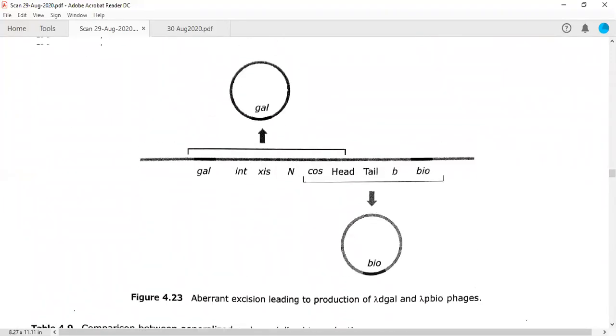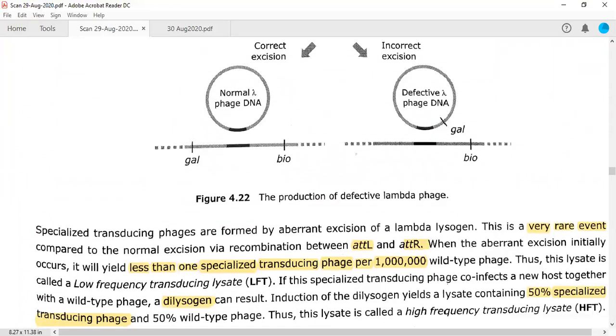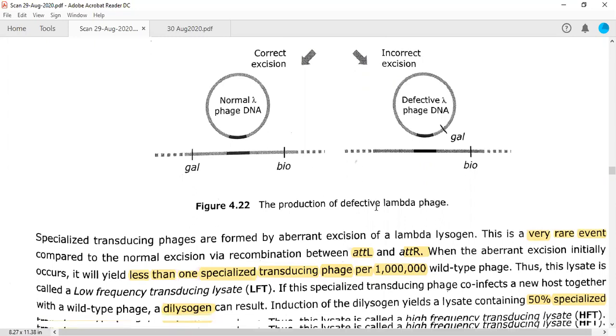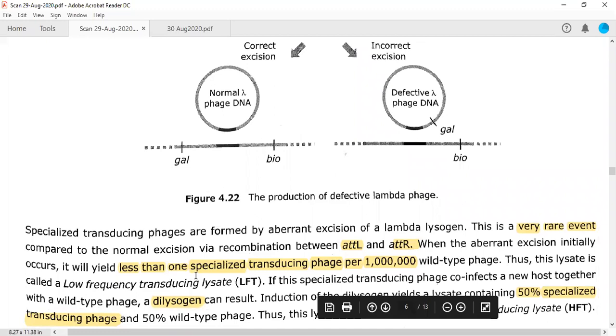Dilysogen is when, initially, you infect, or in nature there is an infection of E. coli. This lambda phage normally shows correct excision and is removed normally. But the chance of this aberrant event is less than 1 out of 10 lakh, that is 1 million. Therefore this is called low frequency lysate, because there is only a very low frequency of formation of these aberrant